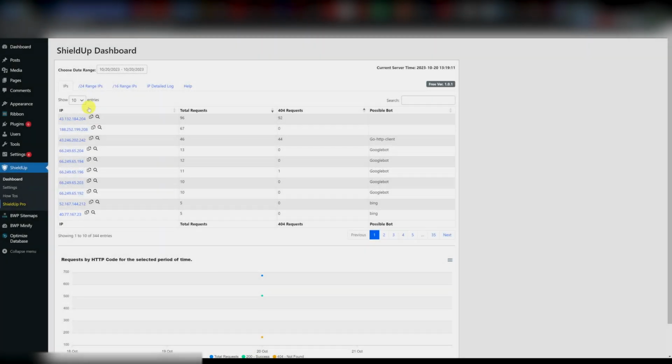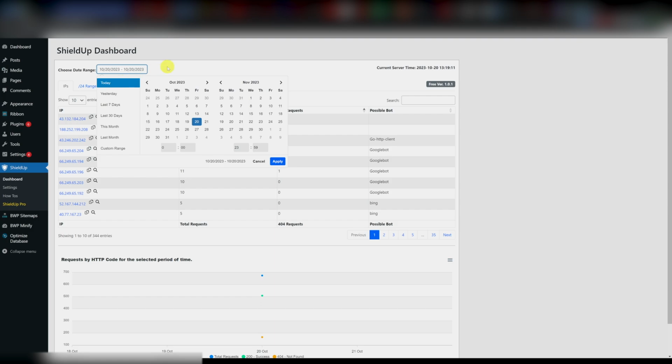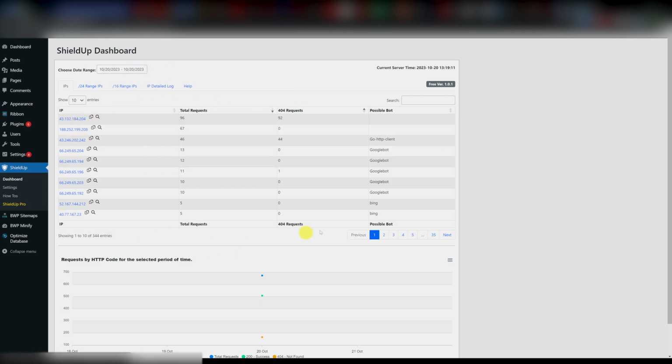Hello, let me just quickly show you how you can easily detect possible attacks and possible hacks on your WordPress website. Now I'm in the control panel, as you can see, of one of my WordPress websites, using the ShieldUp plugin. Here we pre-selected today so we can get the data for today of who was accessing our website, and you can see that this particular IP was accessing our website 96 times, and